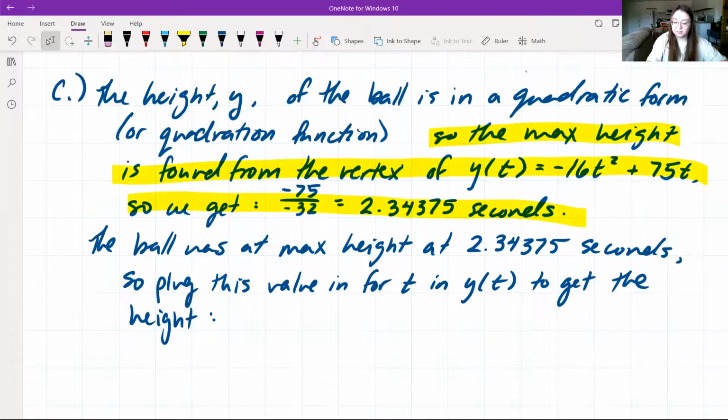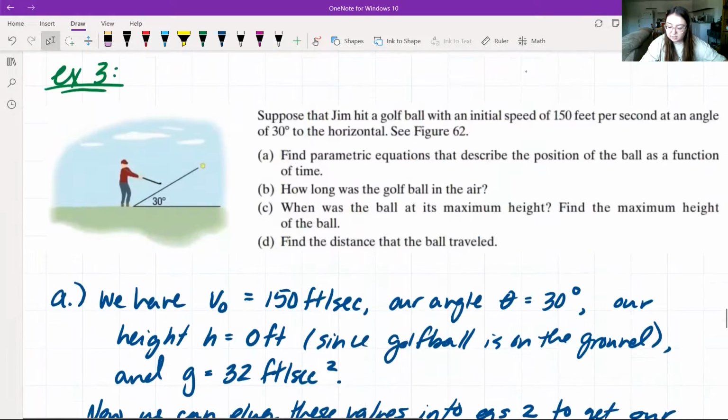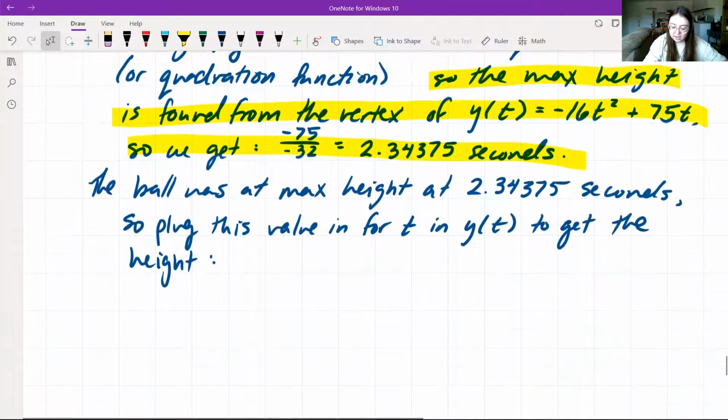Just defining that answer first, because it asks us two things. We want to know when the ball hit its maximum height and then what that maximum height was. So we found when it hit its maximum height. So then the actual value of the height is going to be, if we plug in 2.34375 into the equation of y of t, this would end up giving us